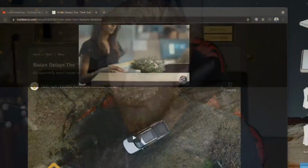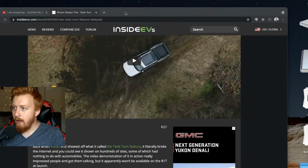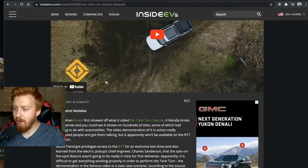So Rivian's had a couple of setbacks that I wanted to dive into today. Mainly, probably one of their flagship features that a lot of people seem to be excited for. I think this was probably a good call for them to either delay it indefinitely or potentially scrap it because this feature, I think, made a lot of headlines, and it was very technically impressive to watch,